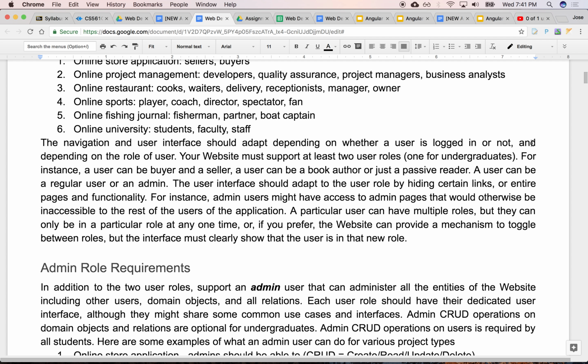If the home page doesn't know who I am, it could certainly display generic information, the latest movie reviews, the latest restaurant reviews, whatever. But if I know who somebody else is, who is logged in, maybe I can display information specific to that one user. So the homepage should adapt to the current person who's logged in, or not, anonymous. So either generic or specific to whoever's logged in. Make sense? Two roles.